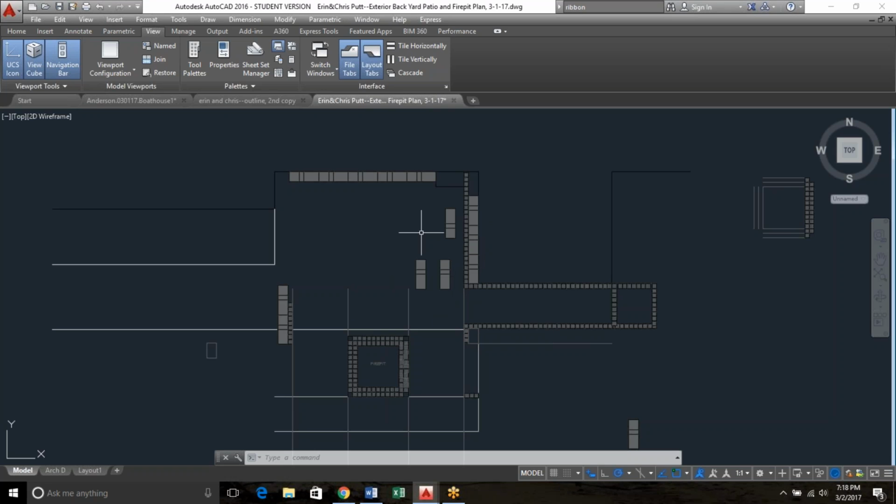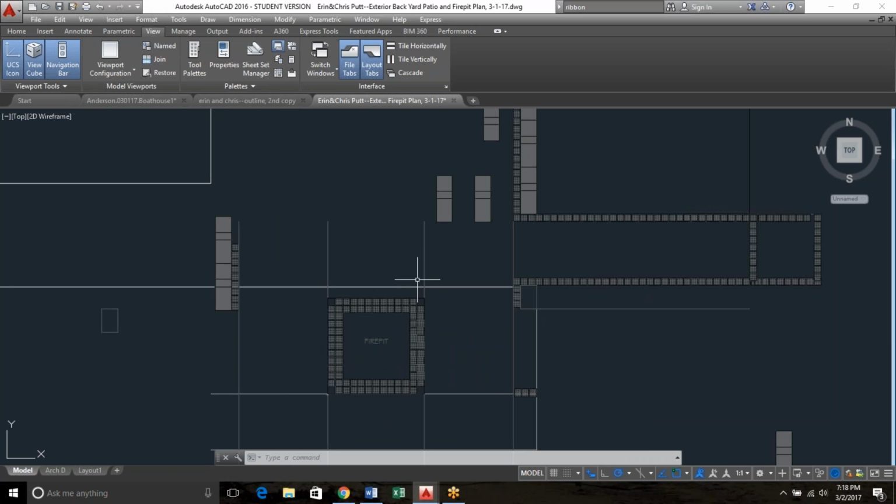And all of this, I've decided they're supposed to just repeat these. I hadn't actually drawn that out on paper. I just specified it. And so I've got my fire pit,